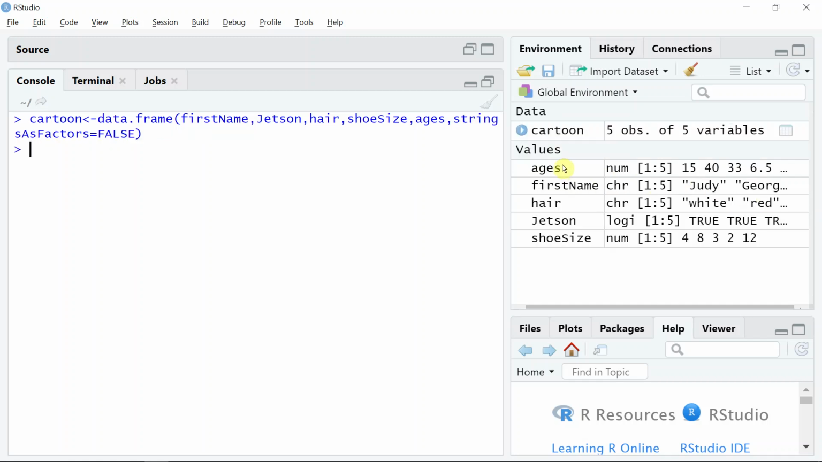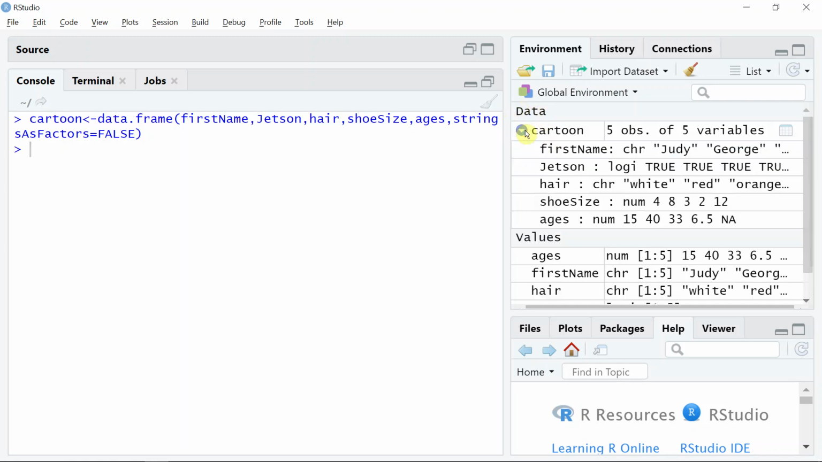And what you'll see over here is I'll load up a data option, and you will see this data frame created called cartoon that has 5 characteristics in it: first name, Jetson, hair, shoe size, and ages. And now if I actually look at what this is over here,